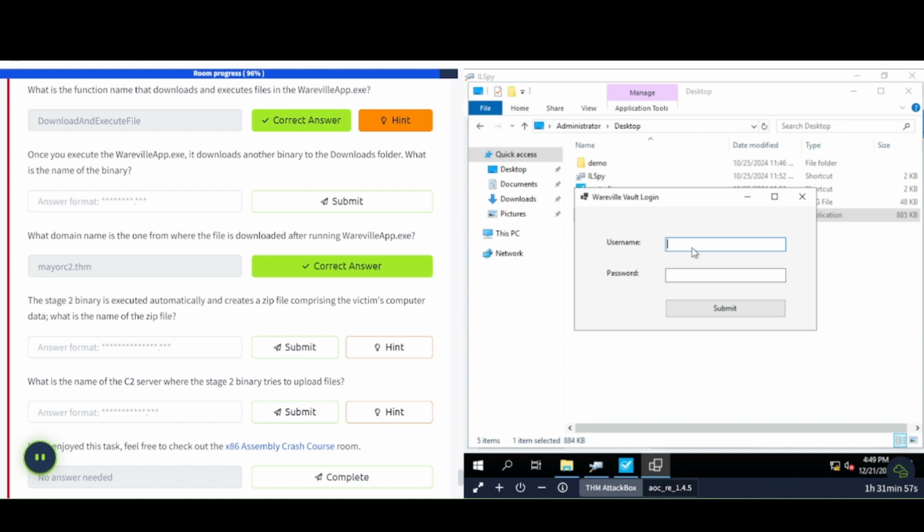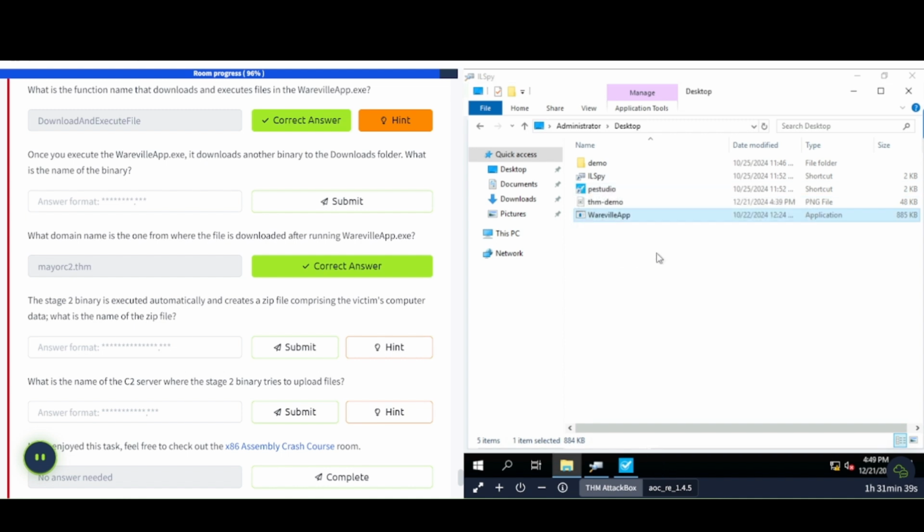Okay, it's doing all kinds of stuff here. Let's just do this, I guess, test and test. In progress. Okay. Was that it? All right. So let's see. Once you execute the WireDogSec to the downloads folder,